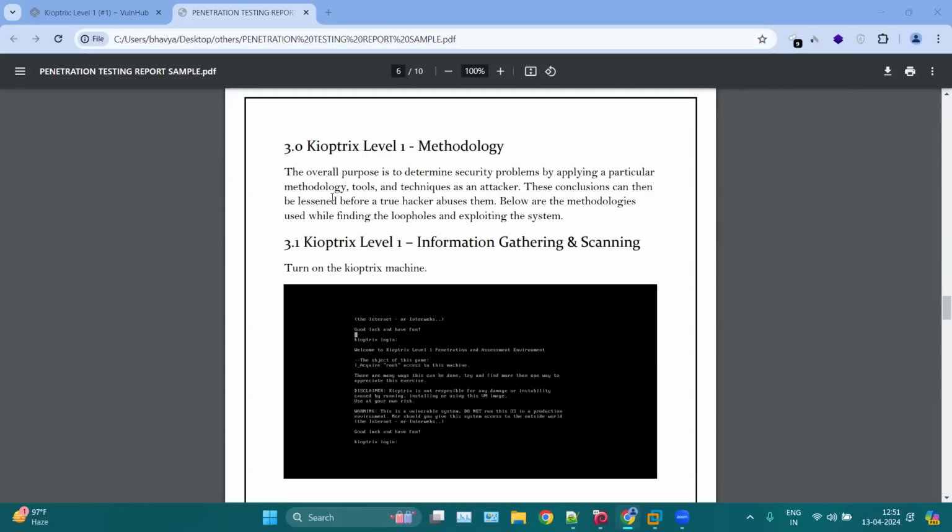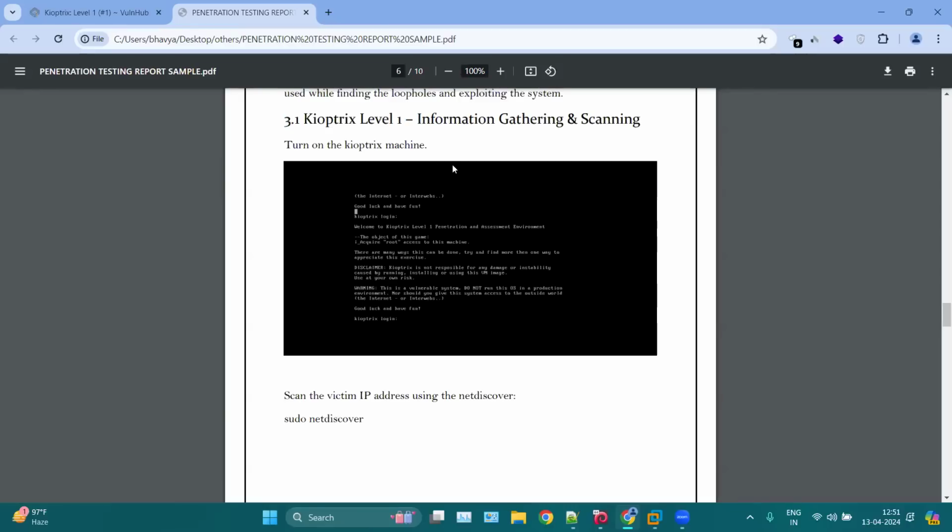Then here you can again mention the purpose of your hacking and then start with the information gathering with the screenshot. That is very important. Without a screenshot, your report will not be approved by anyone. Screenshot is very important, even for the examination,